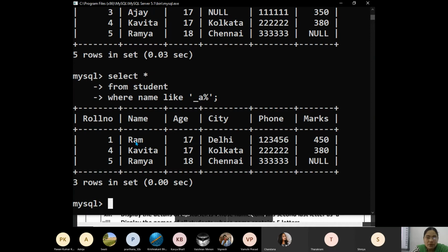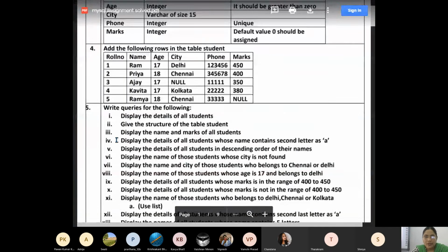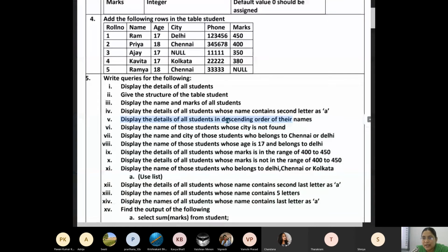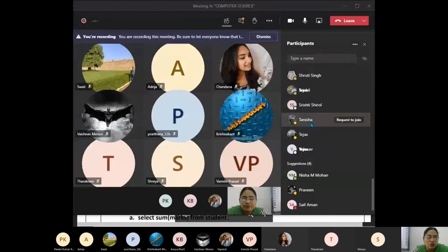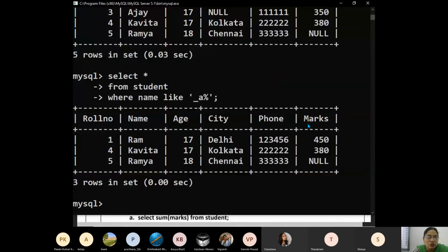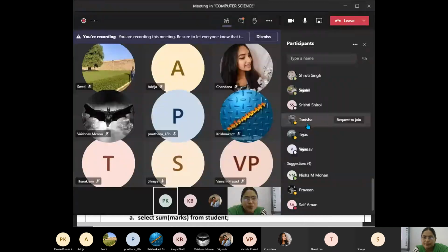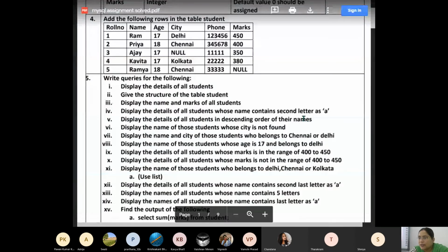Okay, second letter A. Now let me give you this fifth question. Display details of students in descending order of their names. What should we do, children? Descending order. Which clause should we use? Order by clause. Order by descending order of what?